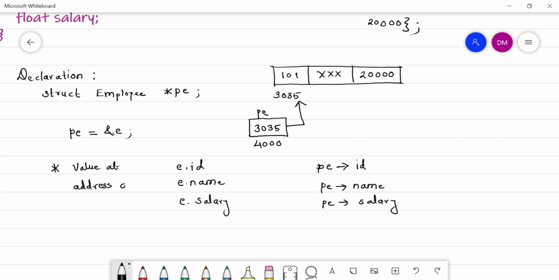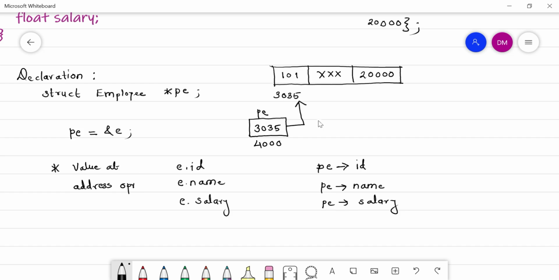It gives the value at that memory location. So suppose instead of the arrow operator, you want to fetch this ID using the dot operator. In that case, you have to take the help of the asterisk, the value at address operator.